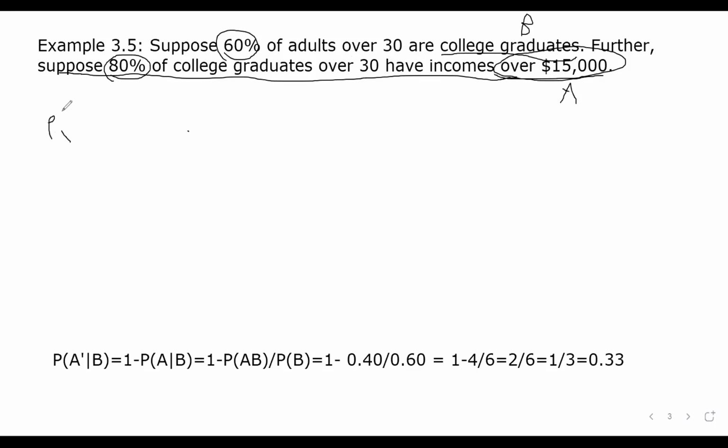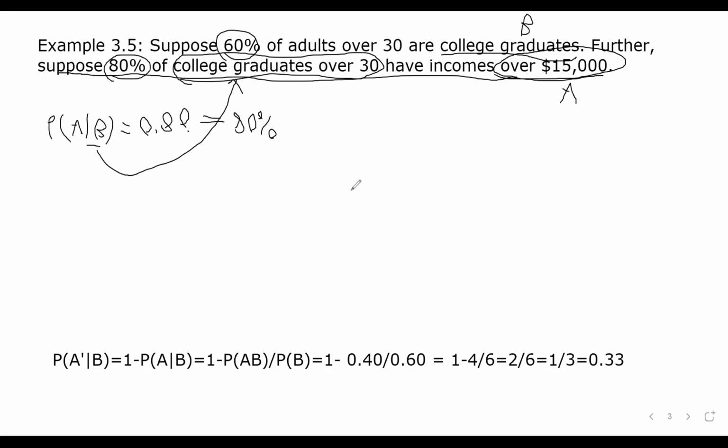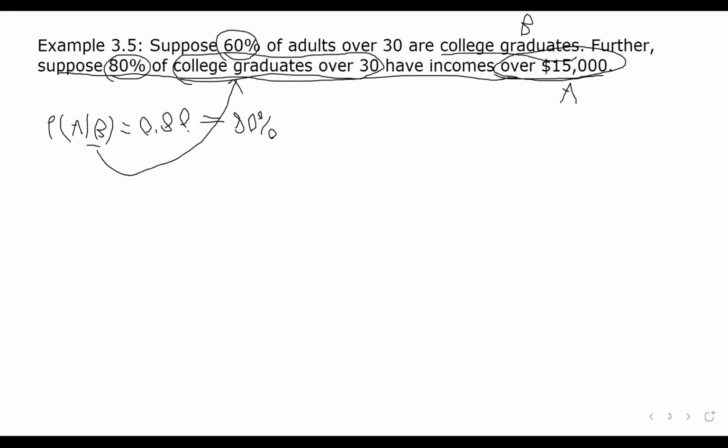So that means that the probability of A given B is 0.80, because you're given B, you're given that they're college graduates. It's saying the probability that given that they're college graduates they have incomes over 15,000 is 80%. So this is 80%, which means that here,